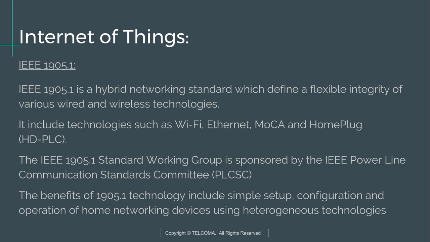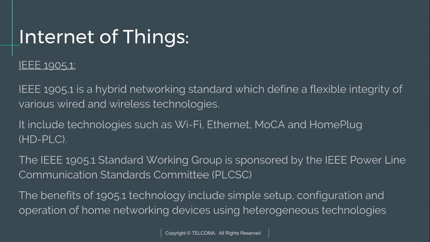The next is the standard, IEEE 1905.1, which defines the interconnectivity of these network devices efficiently. IEEE 1905.1 is a hybrid networking standard which defines a flexible integration of various wired and wireless technologies. It comprises four technologies: Wi-Fi, Ethernet, MoCA and HomePlug, that is HD-PLC. These are the four technologies used in IEEE 1905.1 to make a hybrid networking